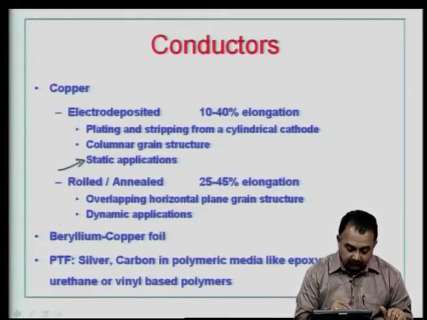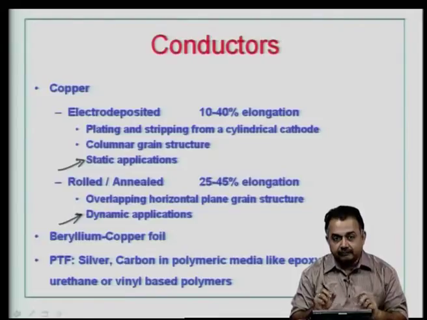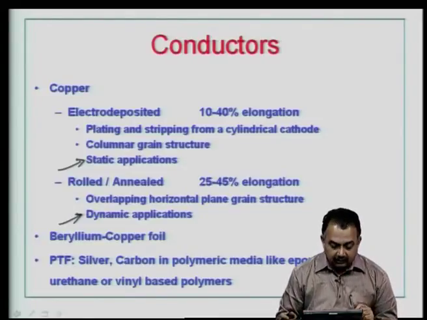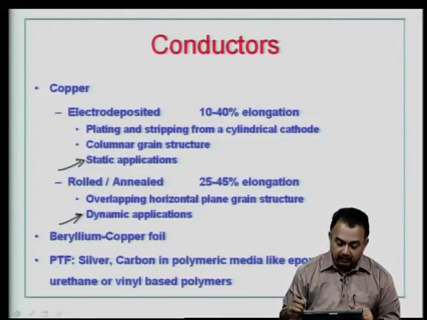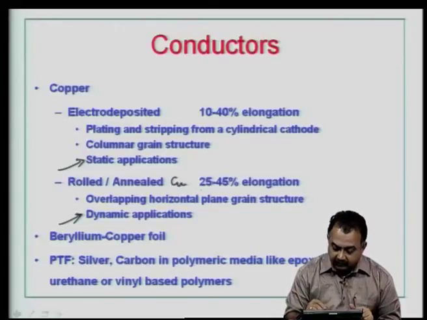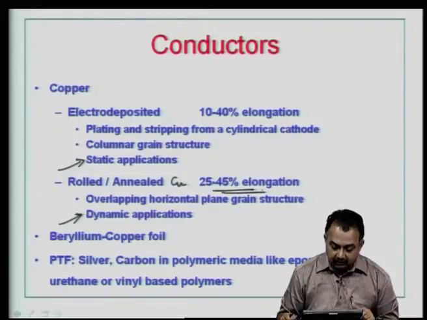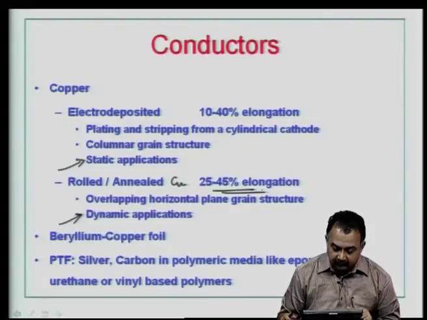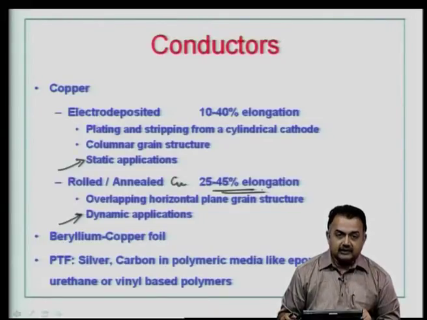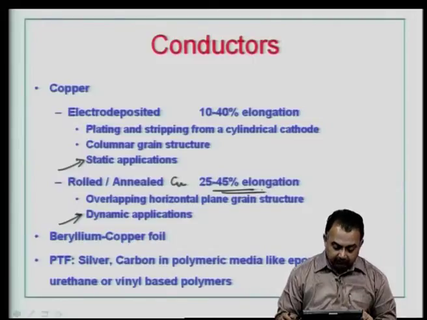But if you want to use it for dynamic flexing, repeated flexing, then we use rolled or annealed copper, and here you can see the elongation is much better, the flexibility is much better. Obviously, the grain structure is different, overlapping horizontal plane grain structure, and in some cases people use beryllium copper foil,